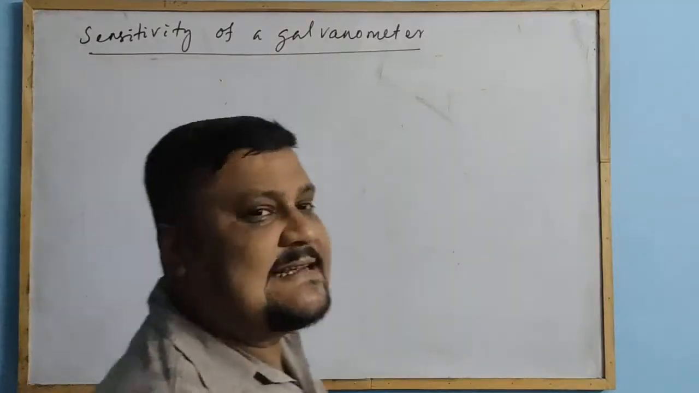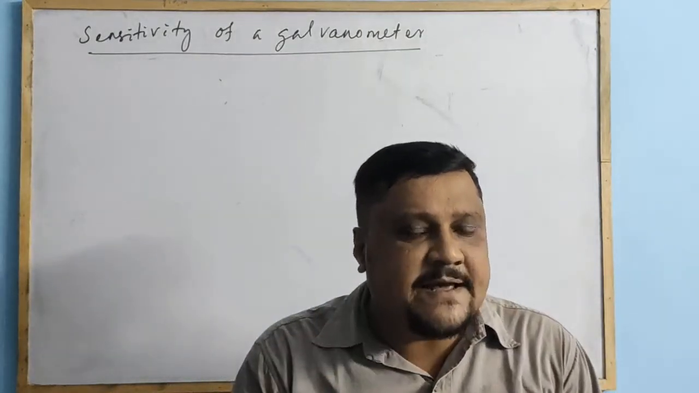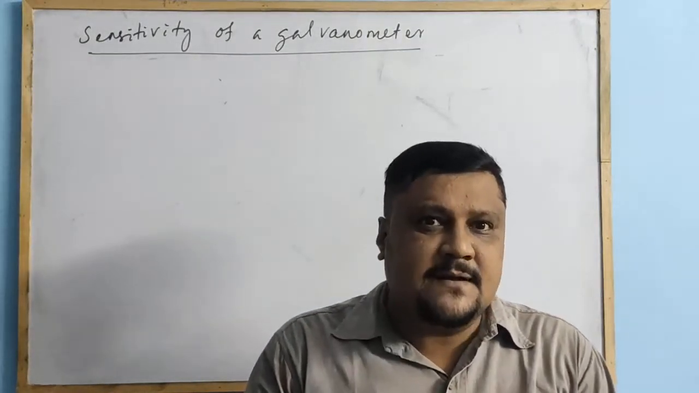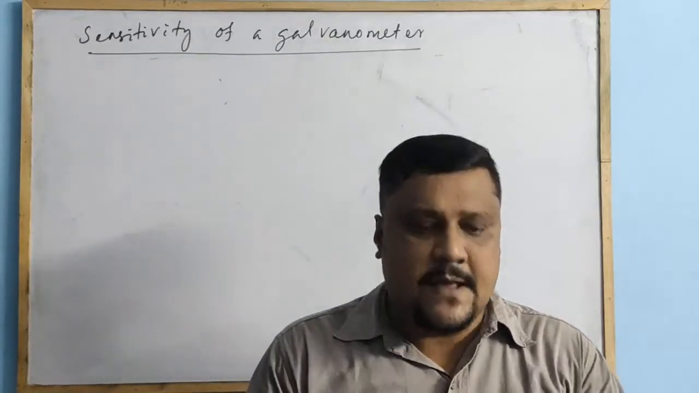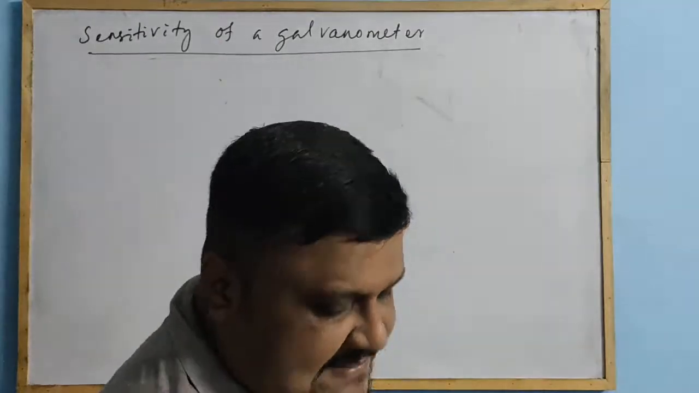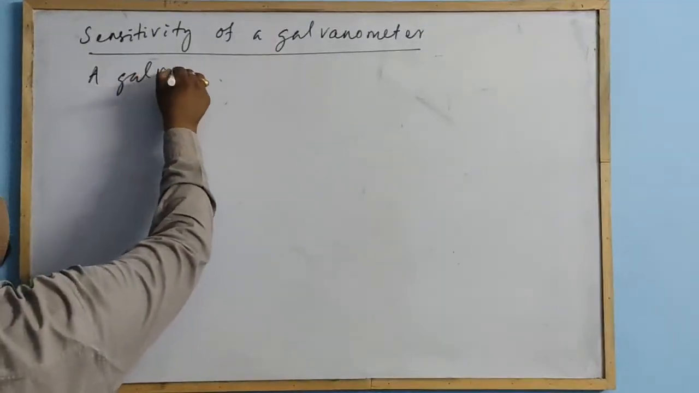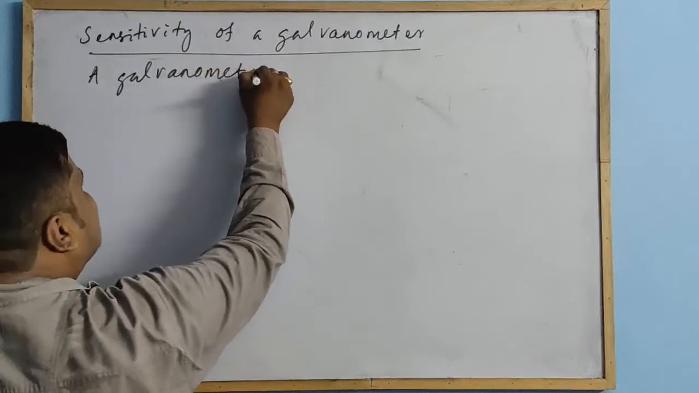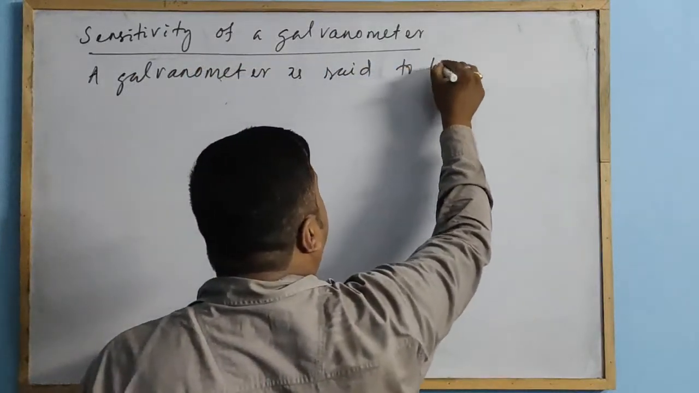Now come to the sensitivity of a galvanometer. So what is the sensitivity? A galvanometer is more sensitive if it gives a large deflection when a small current flows through it, right? So we can say a galvanometer is said to be sensitive